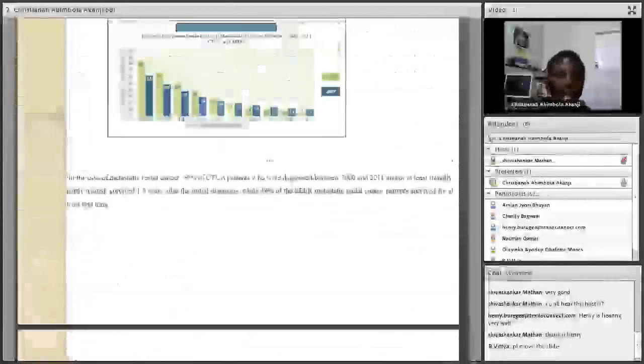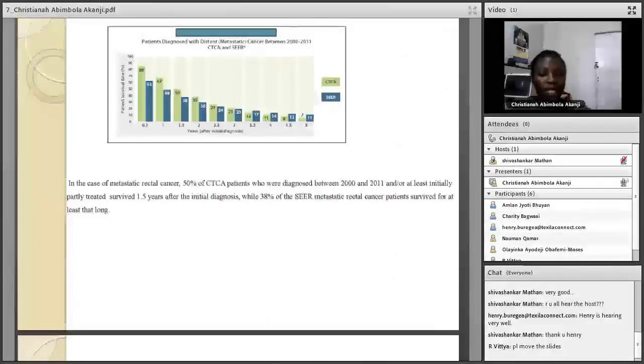In the case of metastatic rectal cancer, 50% of CTCA patients who were diagnosed between 2000 and 2011 and were at least initially partially treated survived 1.5 years after the initial diagnosis, while 53% of the metastatic rectal cancer patients survived for at least the